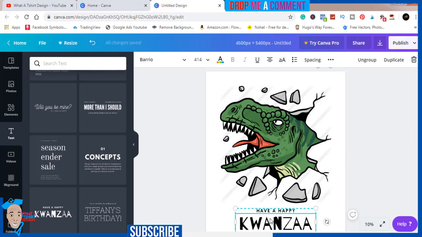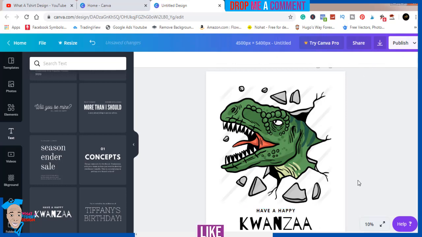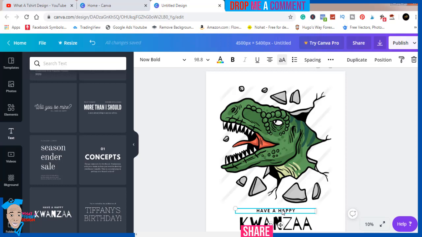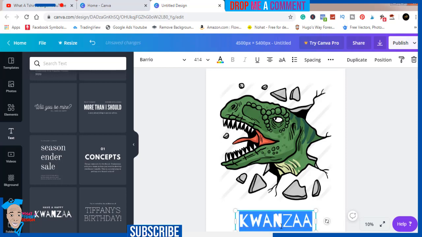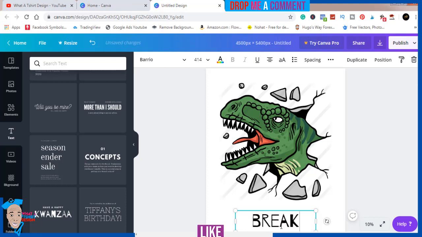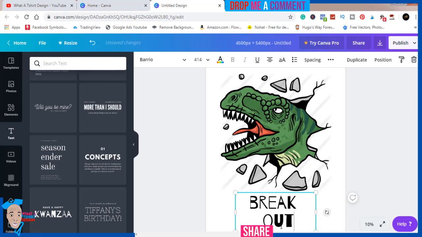As you can see, it's grouped. So to ungroup, I'll just come to ungroup, click outside here, click on this, the "have a happy" whatever is written there. So I'll just delete this, and on this now I'll just double tap to highlight all. Then I'll put in my word, breakout. So that's it. So now you can see it has gone to a different line,